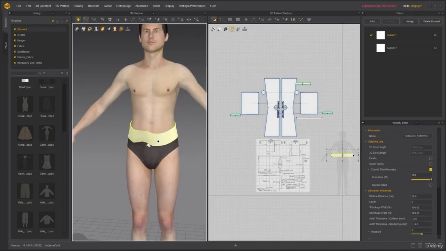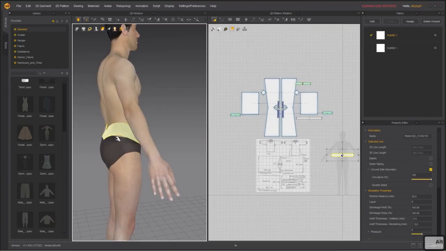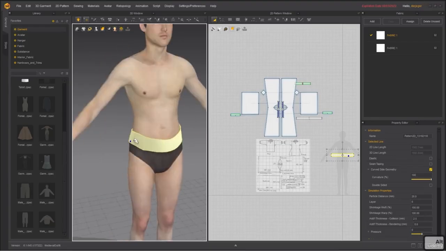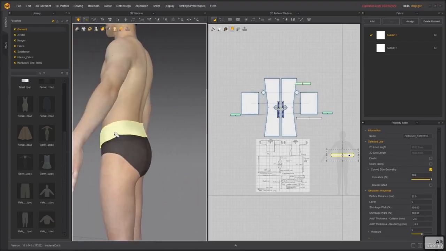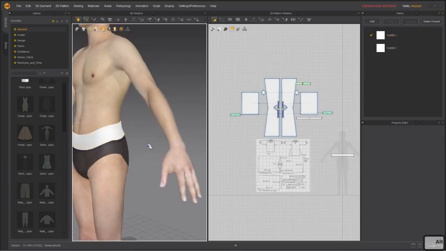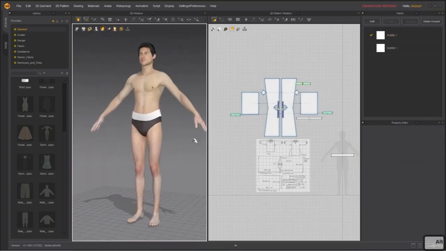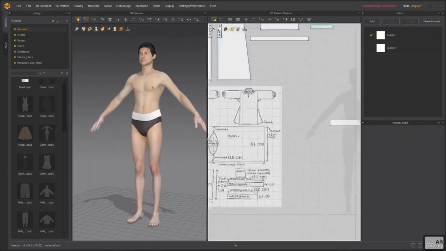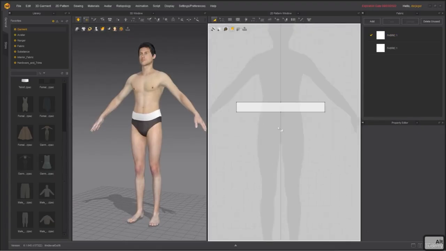There we go. I don't want a lot of resolution. I think that's more than enough. Let's bring this down a little bit as well, just above the underwear line. Perfect. Now for the pants, we can use or create our own polygon, and we're going to be doing